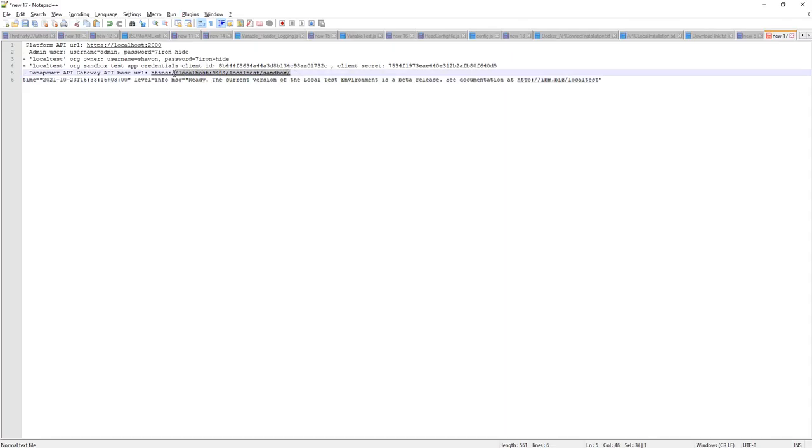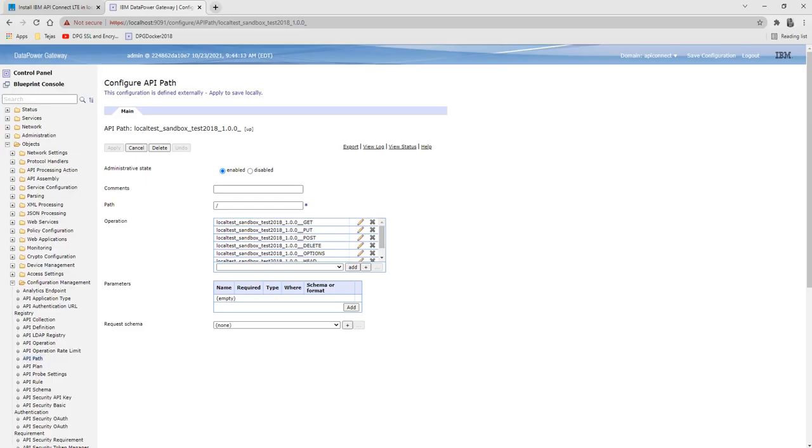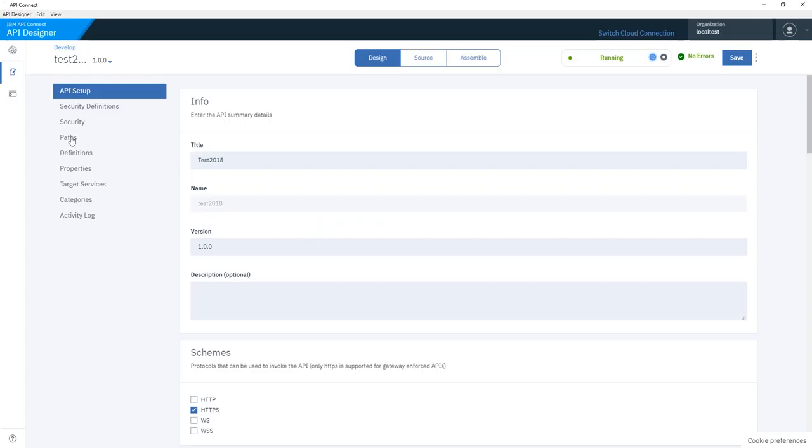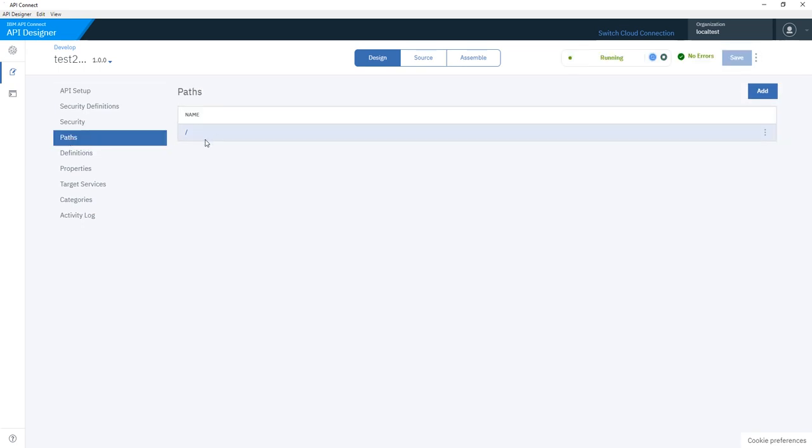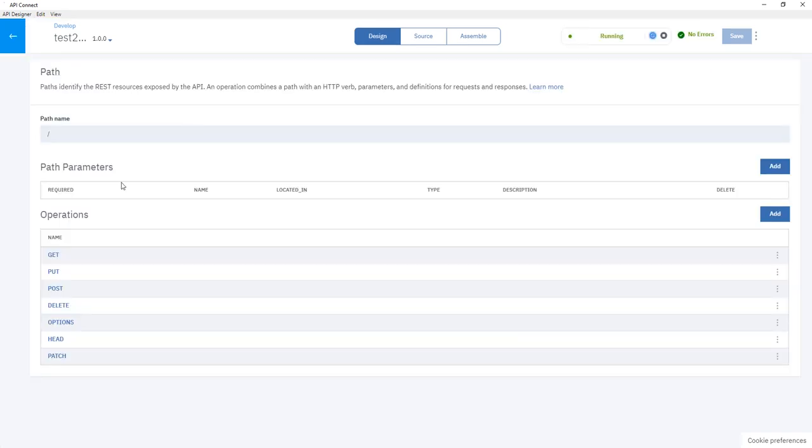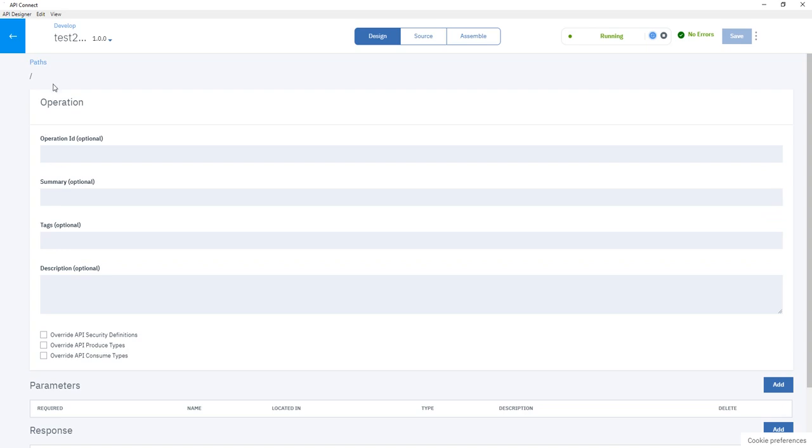Here we copy this one, and here we have the base path. We'll check what is the base path of this one. We don't have any path. I'll do one thing, we'll have a GET, and in the GET we'll mention a path.